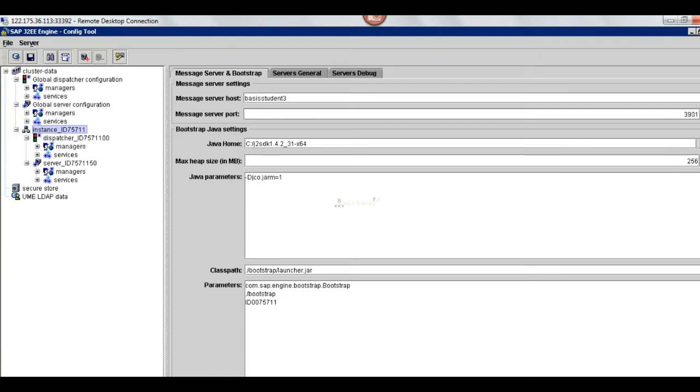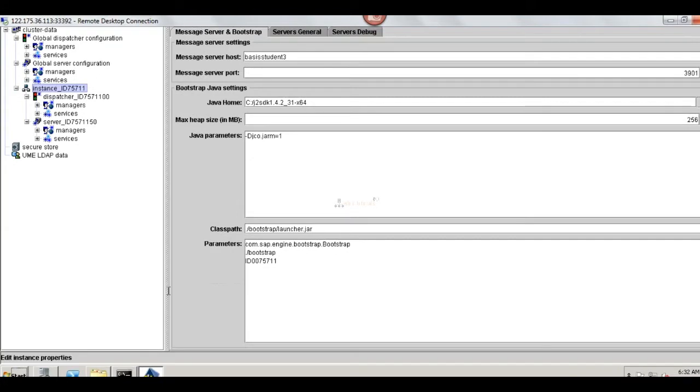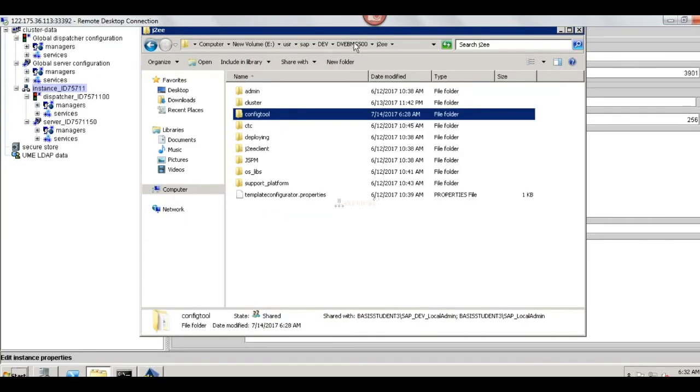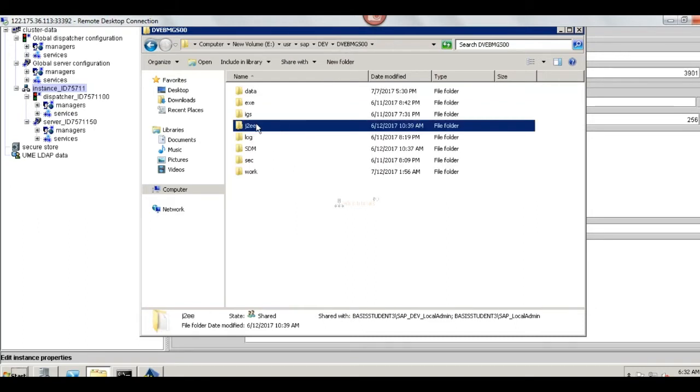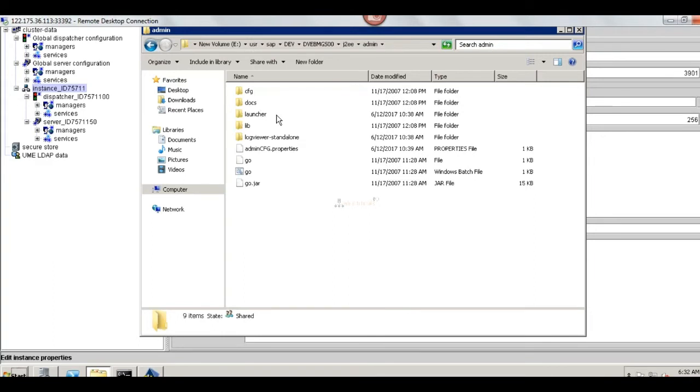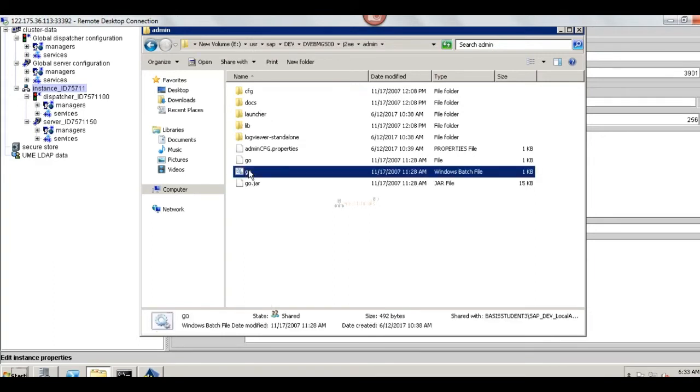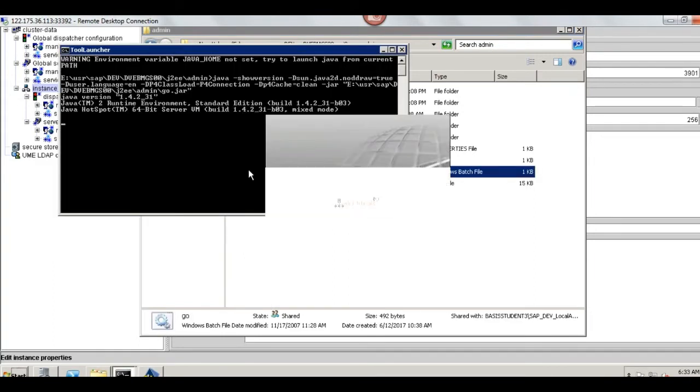This is the config tool. Where is my visual administrator? Last class we discussed the config tool. J2EE admin go.bat file. This is my visual administrator.